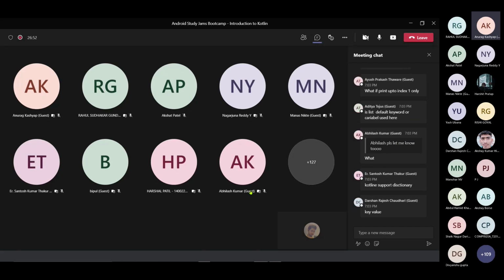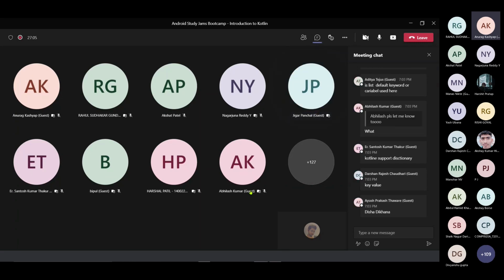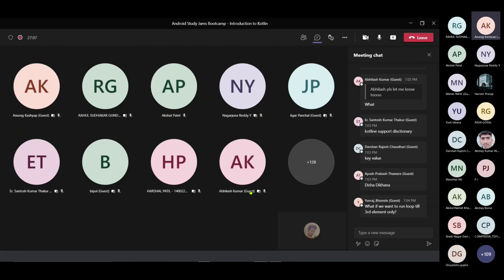Key and value pair. Yes, that's great. Something you're pointing towards something. Mapping simply means relating two things.